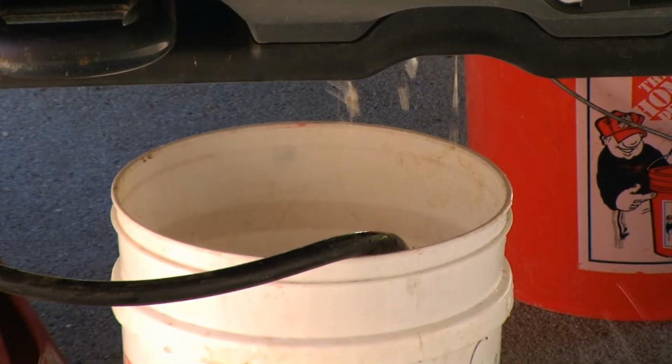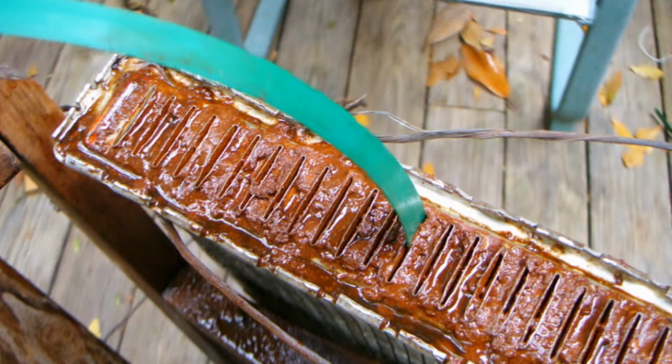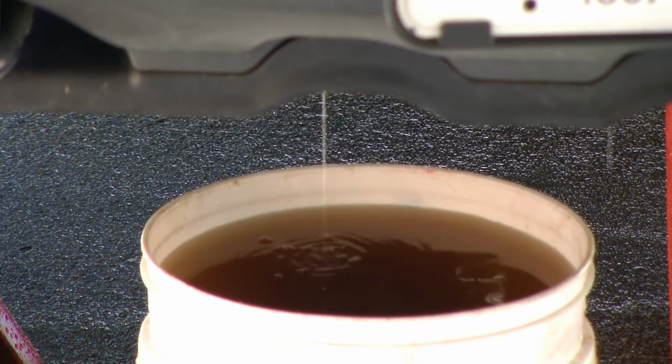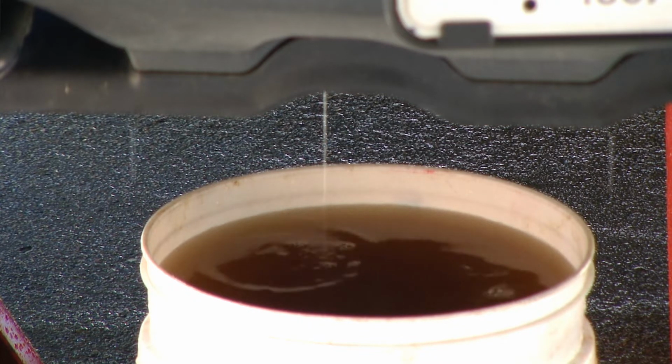Flushing the system with water will remove the sediments that are in there, but it will not remove the rust in the scale. If you have a pretty rusted system, you may have to purchase some type of cleaning chemical at an auto parts store. Now that everything has been flushed and our residual water is coming out clean, we can start putting everything back